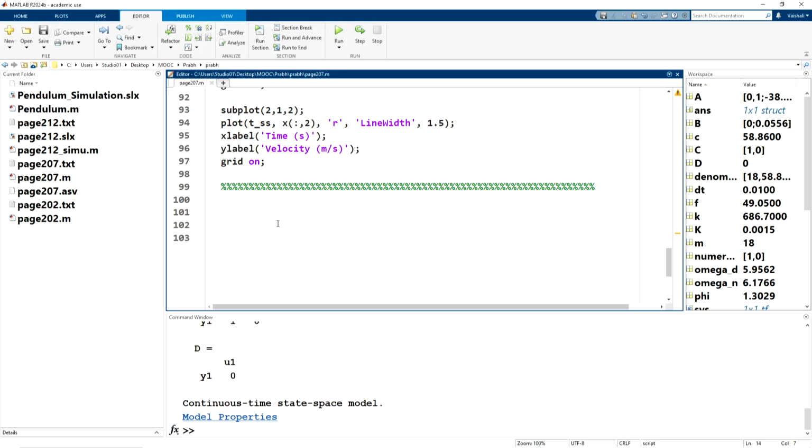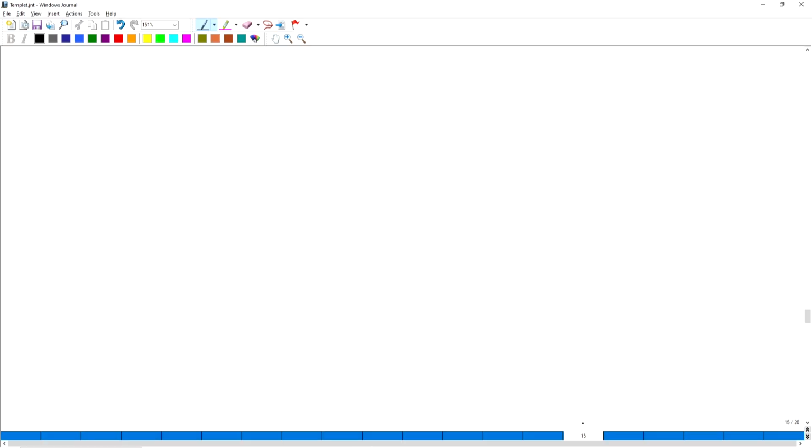Now let us proceed further. Now let us try to change the step input to 2 seconds. Let me write it here. So let us try a step input at 2 seconds.